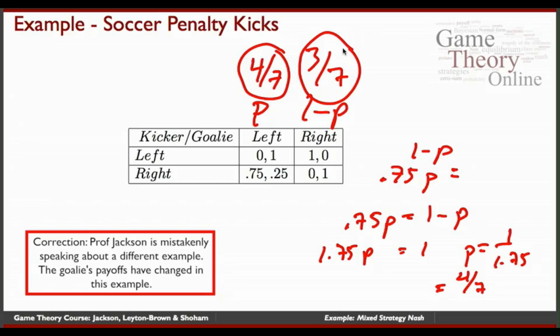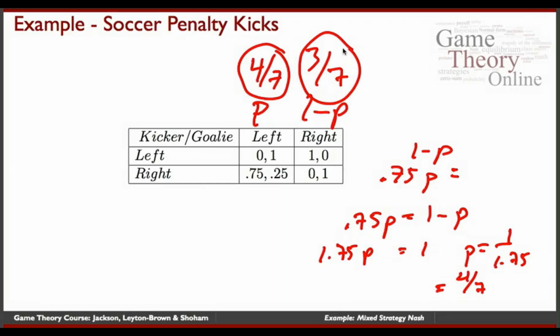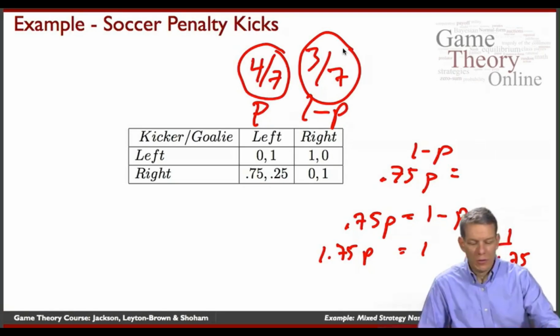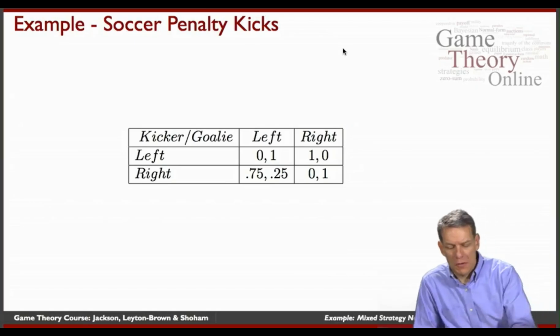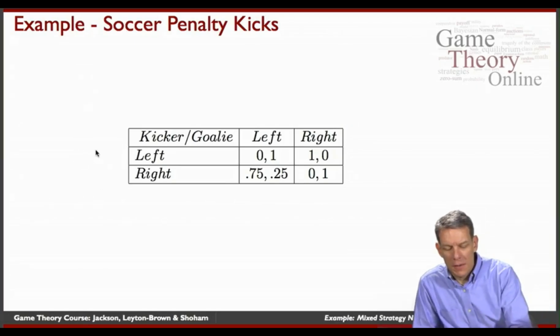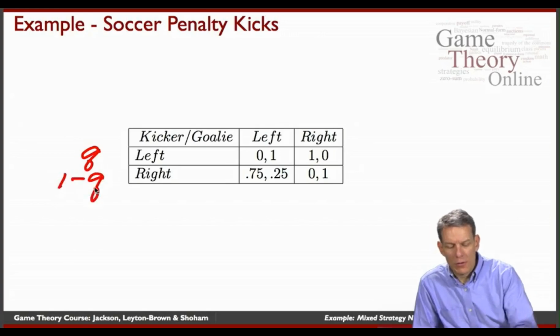So even though the goalie's payoffs haven't changed at all in this game, the new equilibrium has a different set of probabilities for the goalie in order to keep the kicker indifferent now. Okay, so now let's see what the kicker is going to do. So let's suppose that the kicker goes left with probability q, right with probability 1 minus q, and let's solve